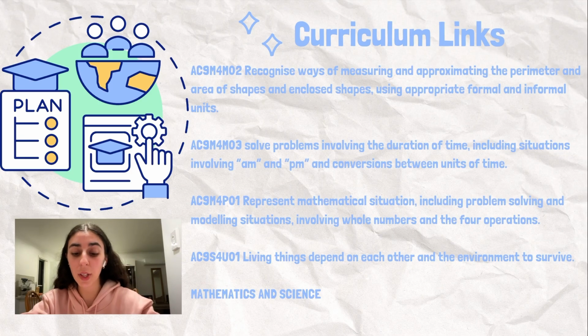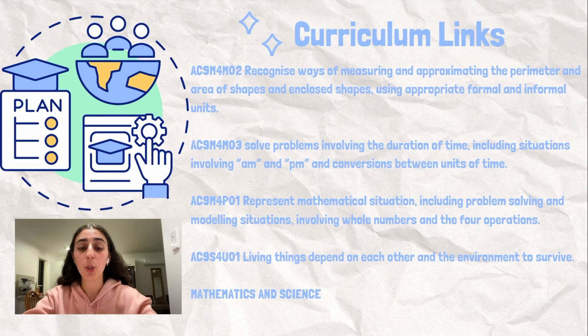The sequence of lessons for this inquiry unit aligns with 3 Year 4 mathematics content descriptors and 1 science descriptor. The first one is AC9M4M02. Recognise ways of measuring and approximating the perimeter and area of shapes and enclosed spaces, using appropriate formal and informal units. Students address this directly when they design and measure zoo enclosures on grid paper and later refine them in GeoGebra. The second is